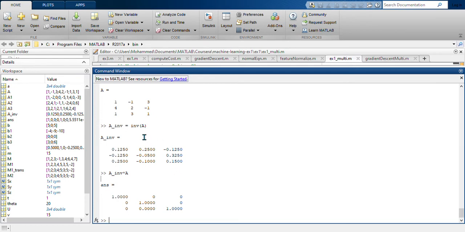So MATLAB uses its own algorithms, similar to the way we have done, but more optimized, to compute the inverse of the matrix. So we have seen the determinant, inverse, and transpose, right? The three commands. So let me summarize that. For determinant,